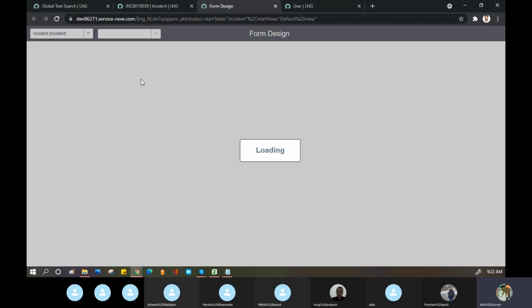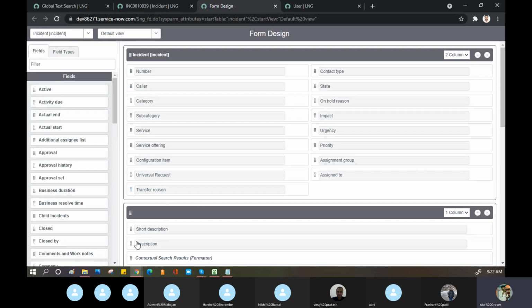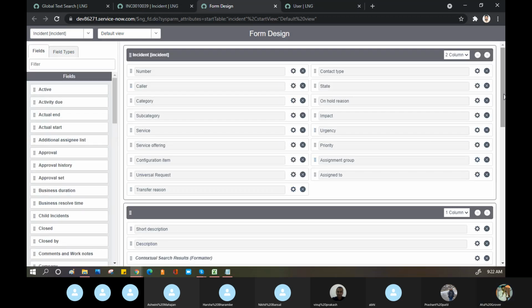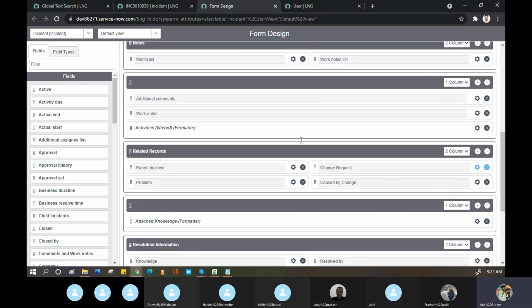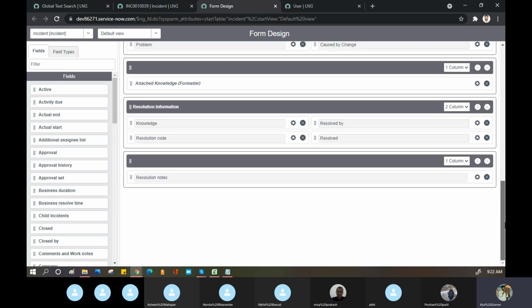Let me load now. See. Notes is a section. Additional comments come in the notes only. Related records is a section. Additional information is a section, right? Now, if I go here and right click,